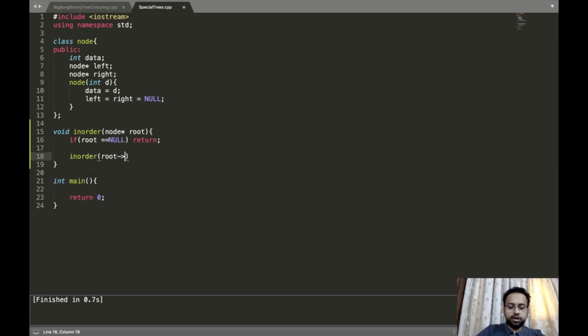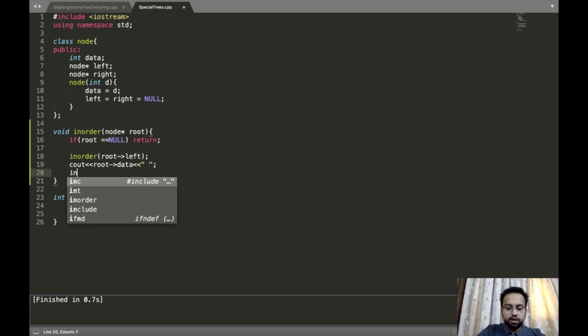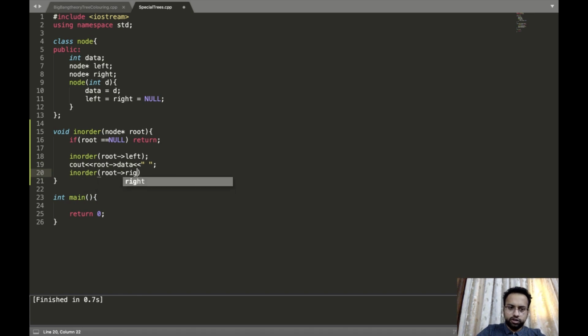So I'll ask the recursion to print the left subtree for us. Then I'll print the data of the root node, which will get printed in the middle. Then I'll ask it to print the right subtree. So this is the code for printing the in order. So that's fine. The next thing that we are going to do is write the code for special trees. So we will create a special tree. So node star, because the array is the input and we are going to return the tree from this particular point. So I'll write special trees.